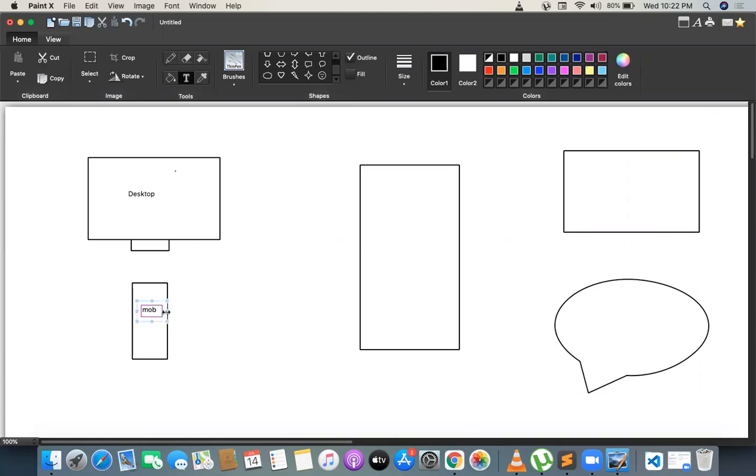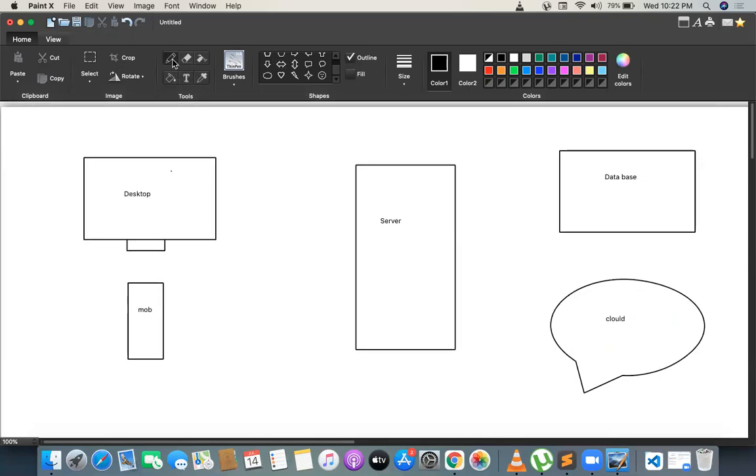and this is your server, and this is your database, and this is something like a cloud, AWS or Azure. So what we are going to do first of all, whatever application we are going to develop, that application runs completely through the internet. So without internet, there is no communication between the client and server. Without an internet connection, there is no communication between the client and server. So the client needs to send some request to the server, and the server needs to respond to your request to the client system.